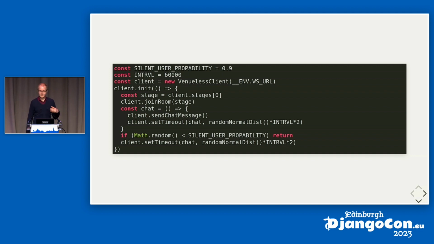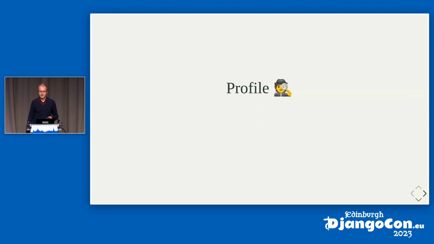For example, in this case, we make the assumption that 90% of users in a chat room will never write anything, and the other 10% will write one message per minute, randomized with a normal distribution, but on average. This is, of course, a very simple assumption that needs to be validated in some way, but it gives us a starting point to test our software against. And we can use K6 to spawn as many users as we want using this behavior and see what happens. While we do so, we can profile our code.